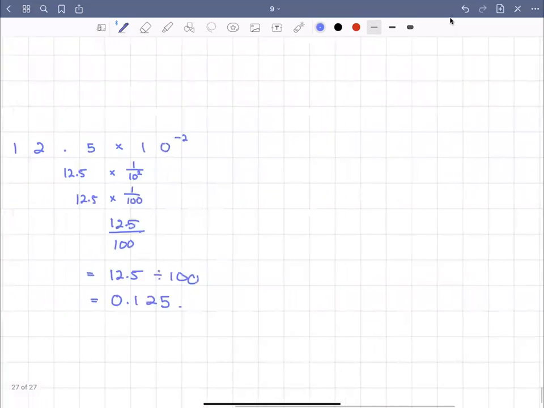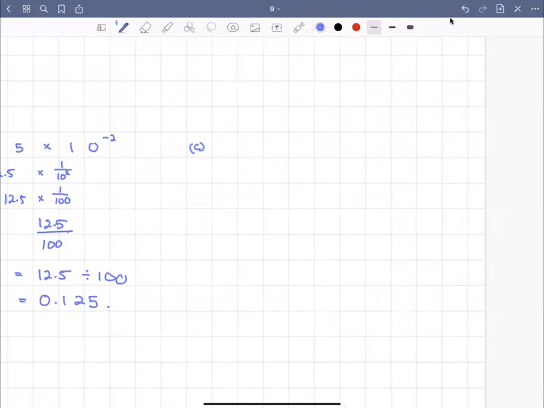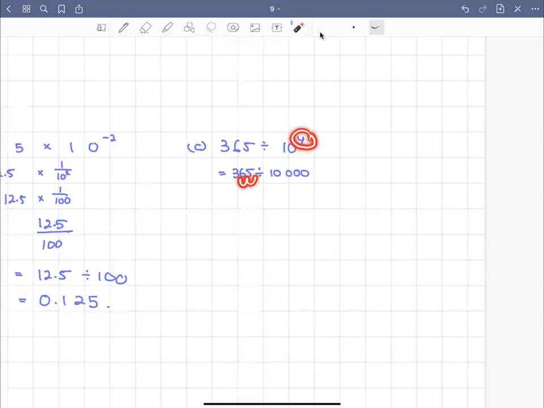Let's try something else. C, 365 divided by 10 to the power of 4. Write it as a fraction if you want to. If you don't want to, you can just expand the power: 10,000. So we divide, moving the decimal to the left 4 times. 1, 2, 3, 4. You need to add 0s here. So we're going to get